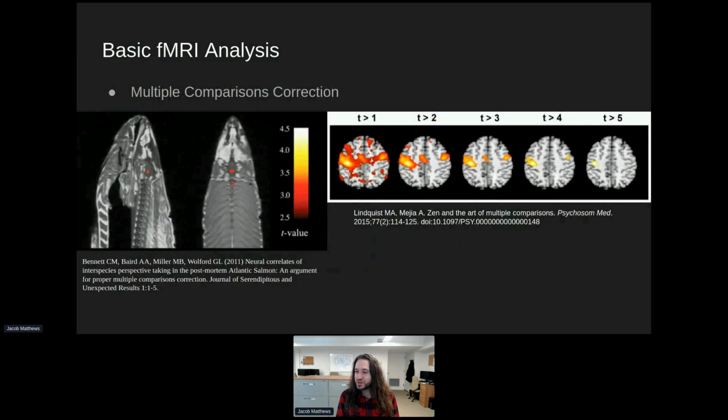One of the critical stats things that I'm not going to go into great detail on, but be very aware of, is multiple comparisons correction. In a not untypical EPI data set, a single volume may have like 500,000 voxels in it. And if you do a statistical test for every single one of those voxels, you are bound to have false positives. This left example is a very famous example now where some neuroscientists put a dead salmon in a scanner,